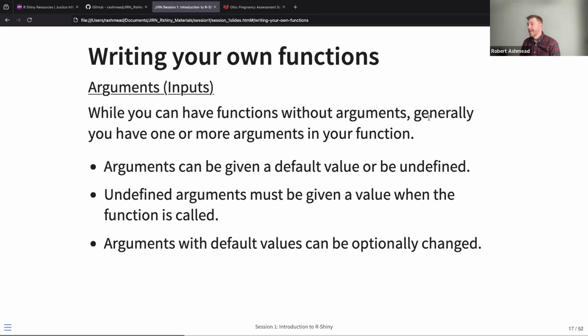Assuming there's no randomness in it. But generally, you have one or more arguments in your function. These can take a couple different flavors. It can be given a default value in the function or be undefined. The difference is that undefined arguments must be given a value when the function is called, or it will throw an error. If it has a default value, the function will run with that default value,